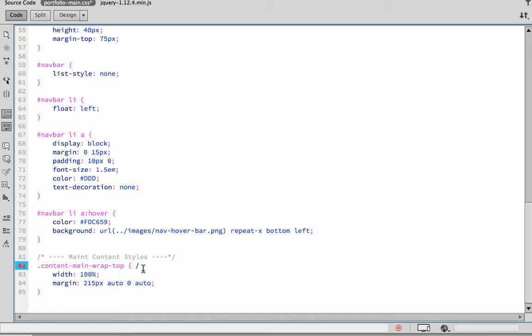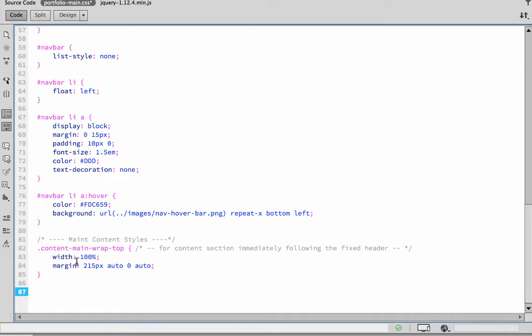So /*, and then I'm only going to use 2 dashes for this one instead of the 4, and then I'm going to type in for content section immediately following the fixed header. And this will make sense later on as we get into more of our design here, but we just need to remember that this content area is what goes at the very top, right after our header container. And then next, right after that,